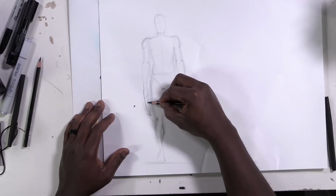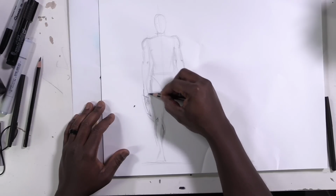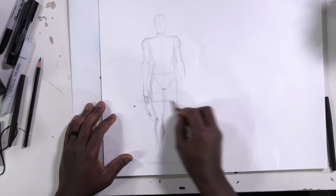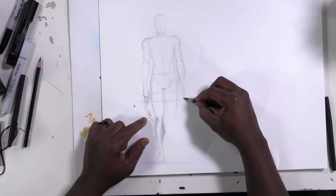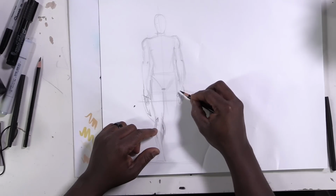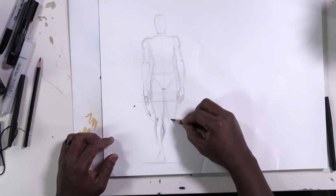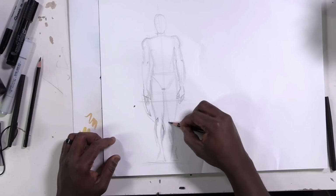So for the hand, typically just do something like this, little thumb action there. And your hand is going to end up roughly about halfway down the thigh here. Okay, fingers, thumb, just like so. And just by mirroring what I have on the other side, I'm then able to sketch in the